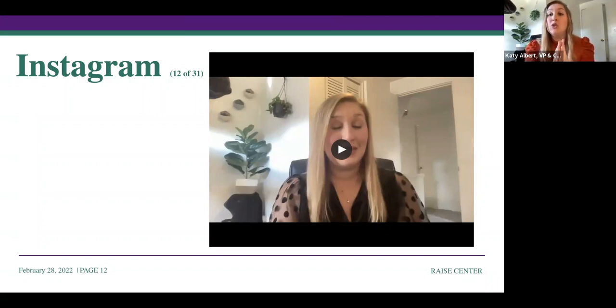Your Instagram Story is going to be shown to your current followers, the people who already like and follow you. Instagram Reels is a newer capability for the channel, so Instagram is giving it favorable placement in the algorithm.